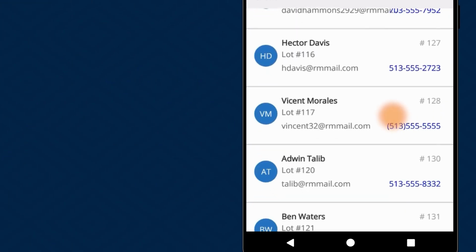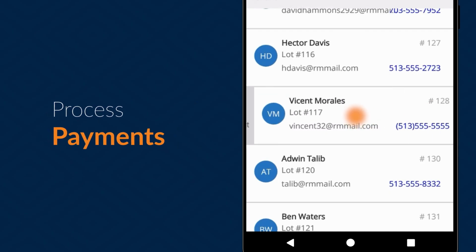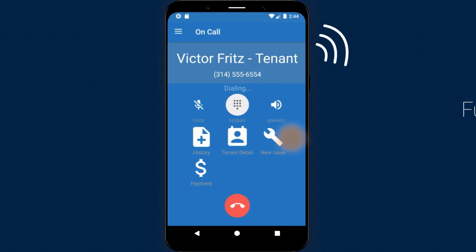Access all of your Rent Manager contacts. Swipe to text, email, or call tenants, or swipe to process a payment. From anywhere. Make calls and automatically post